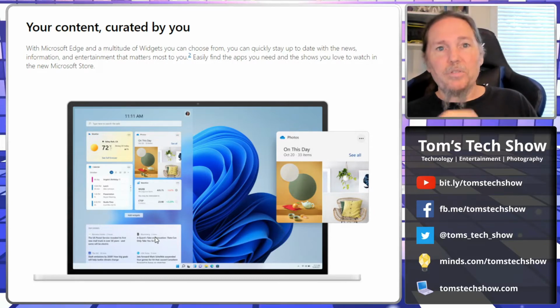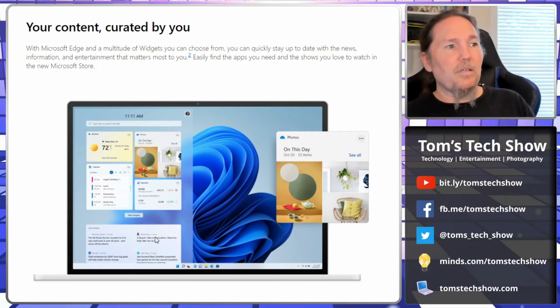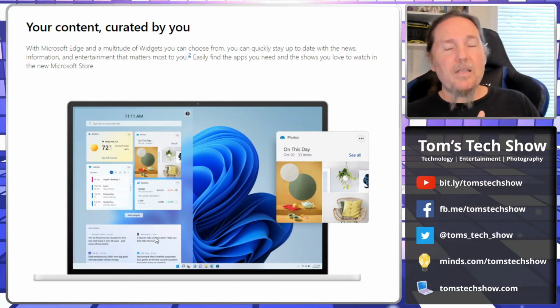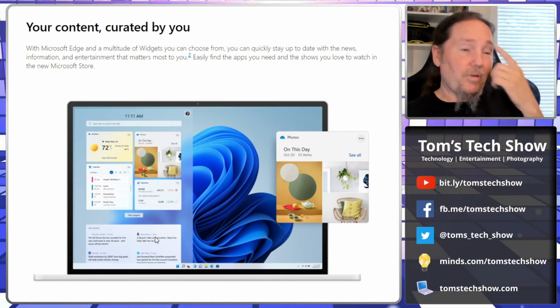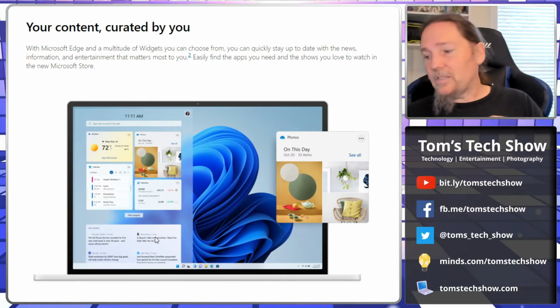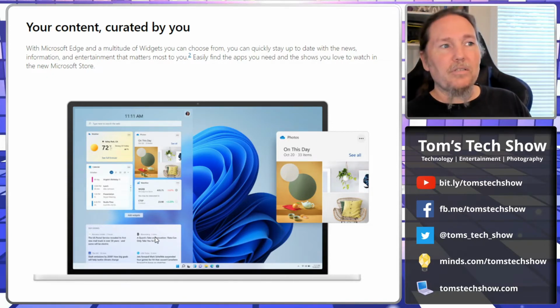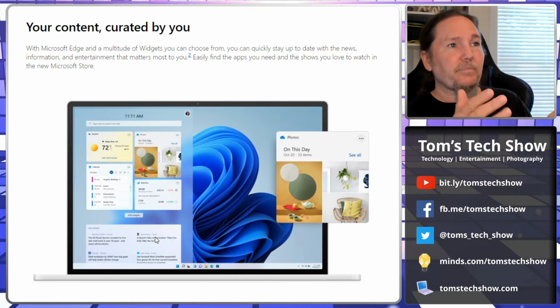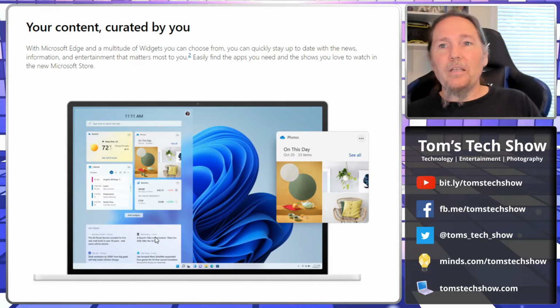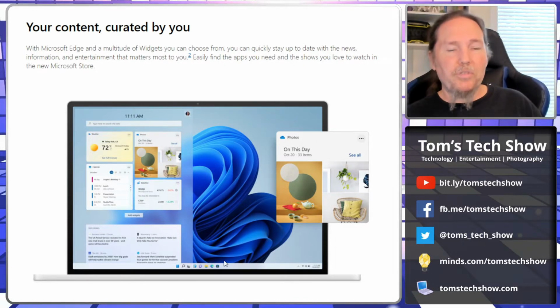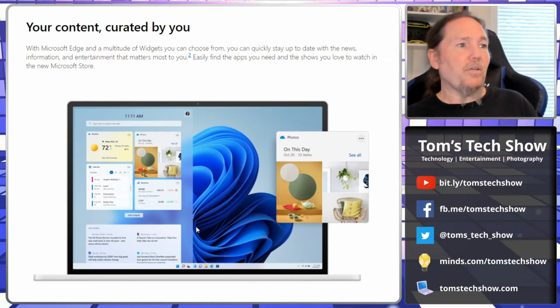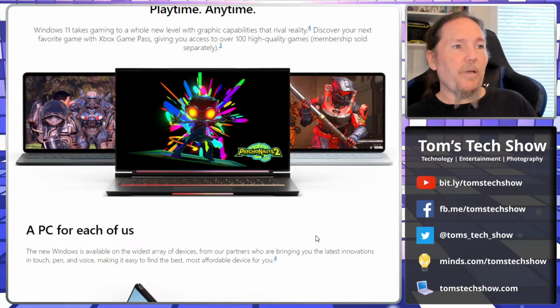This is actually in Windows 10 too, since one of the latest updates gets you kind of the same thing. So why they're highlighting it here, I don't know, when it's already in the latest updates in Windows 10. It's one of the things in Windows that I just turn off. If I want news, I'll go directly to a website, or go look directly at a weather site. I don't need that. Game Pass.